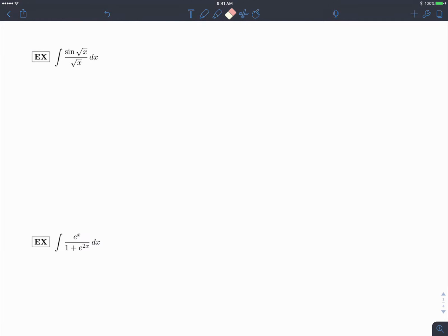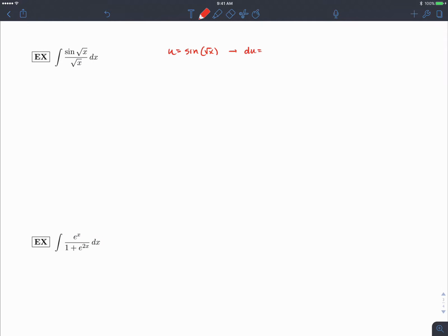Okay, so with this next one, it's a little bit complicated. We've got the integral of sine of the square root of x divided by x dx that we're integrating here. So let's think about some options in terms of choosing our u. If we had tried u equals the sine of the square root of x, well, what would that give us